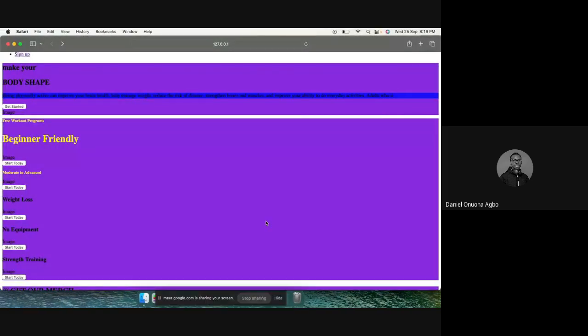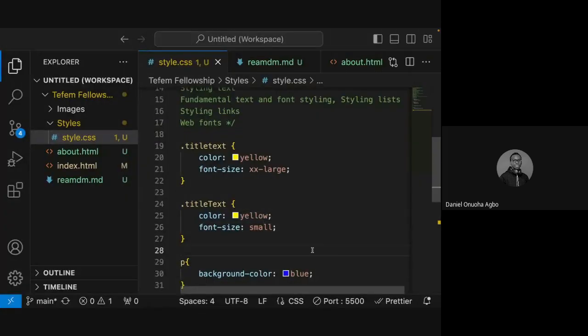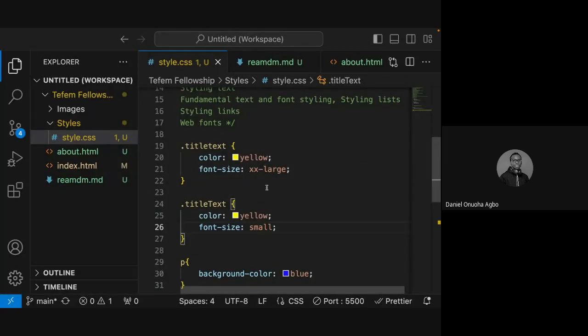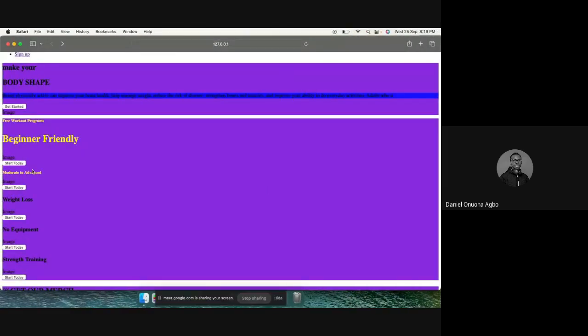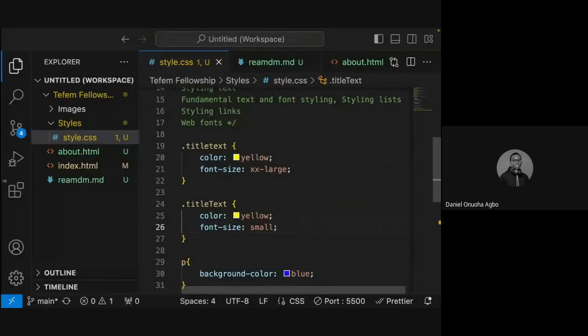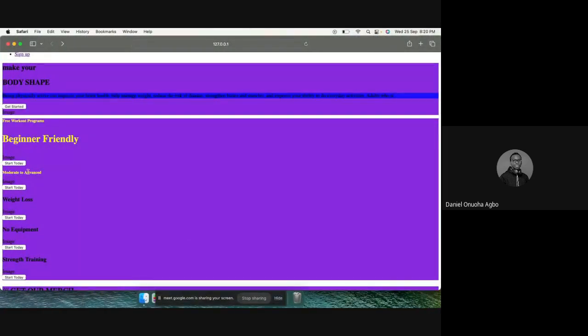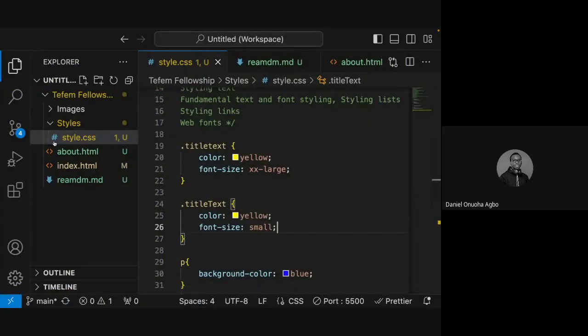So what happens? We have the same color, but we are differentiating them by this. The one with the capital letter T is smaller, while the one with the small letter t is bigger, to show that these are two different entities,